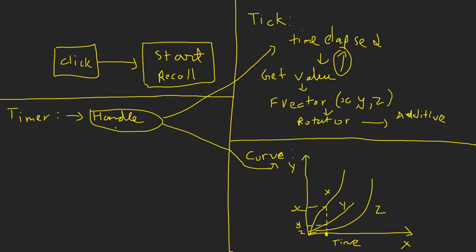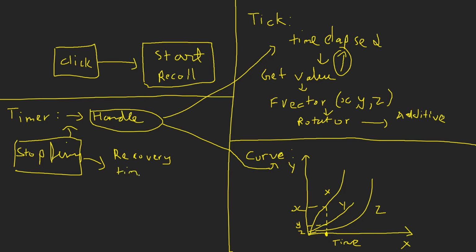And now coming to the timer. As I told you guys, the timer will just keep track of the time. So as soon as the player stops firing, we will first of all clear this timer, and we are going to have one more timer called the recovery timer. What the recovery timer will do is keep track of the recoil recovery. We don't want the recovery to go too long, so we'll set the timer to, let's say, 1 second.